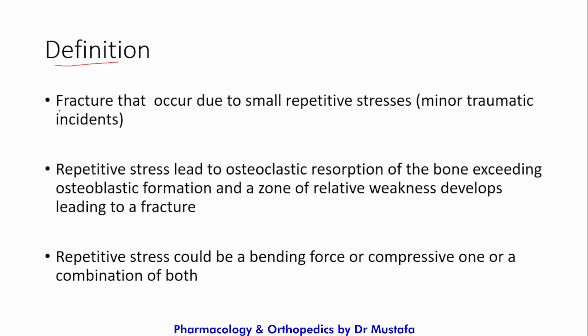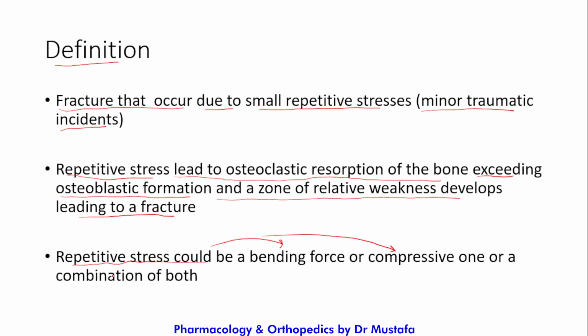A stress fracture is a fracture that occurs due to small repetitive stresses, minor traumatic events or incidents that occur repetitively, and those repetitive stresses lead to osteoclastic resorption of the bone, exceeding the osteoblastic formation, and a zone of relative weakness develops, leading to a fracture. And the repetitive stress could be either a bending force, or it could be a compressive one, or a combination